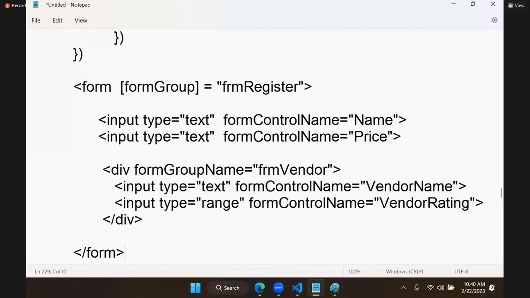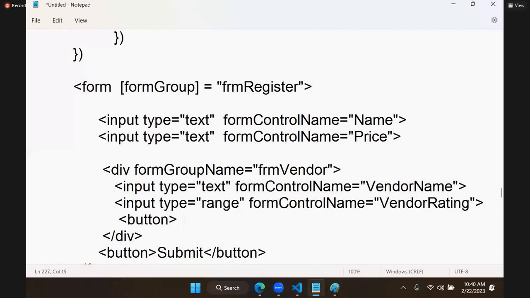That's how we design it. Now I can put here a submit button which will submit all the details. And if I want, I can put here a save button. That means this is a button, and this is Save. And it will have only